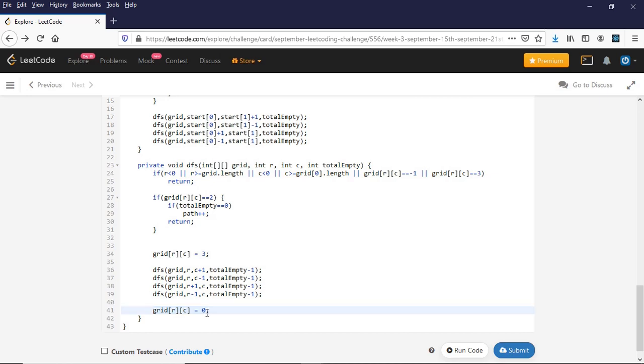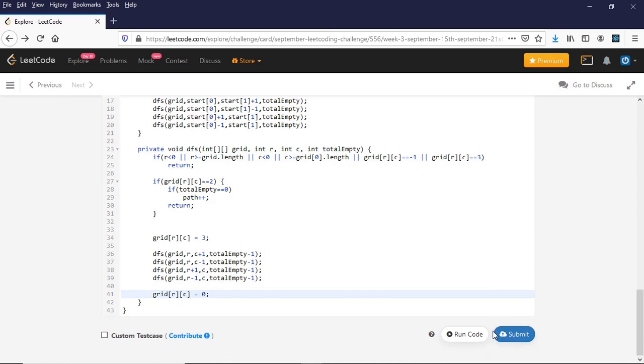So it needs to be a blank cell, and we know that currently it was a blank cell, because if it is not a blank cell, then we won't reach till this point, right? Because all of the base conditions will be taken care of here. So that's why we are directly marking this as 0. Okay, now let's run this code and see whether it works fine.